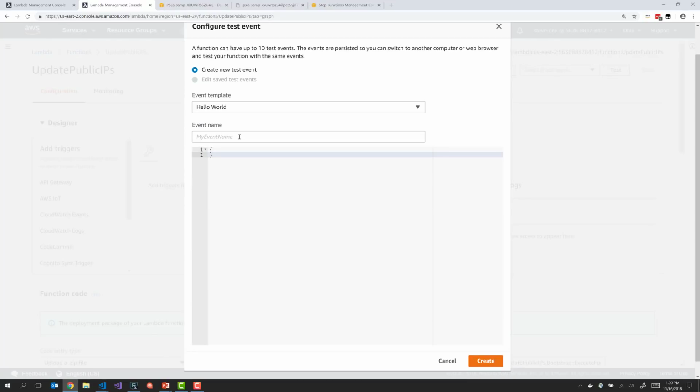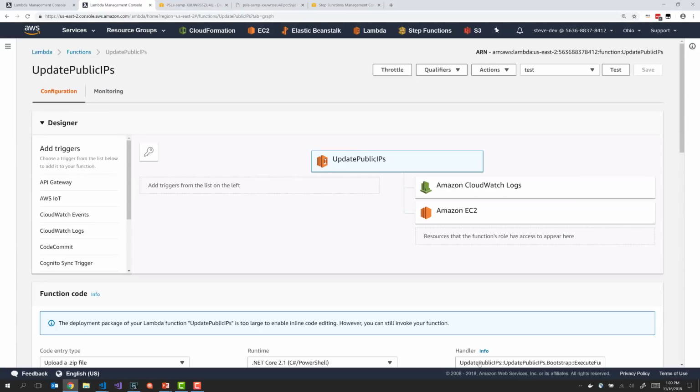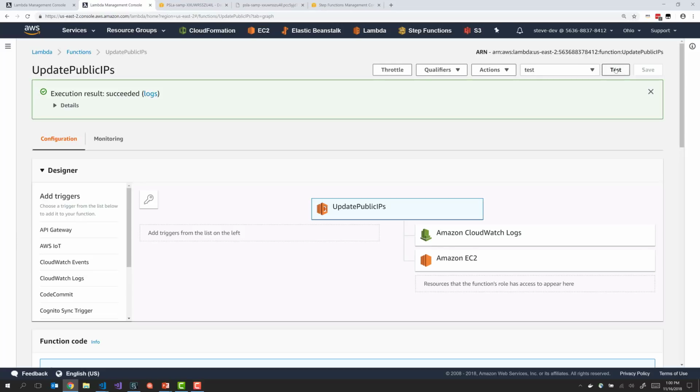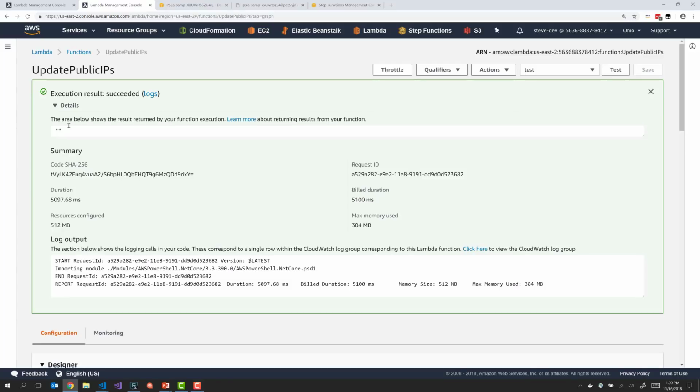And body, let's give it a name, call it test, create. So now if we run the function, again, Lambda will provision the runtime environment, download the code, and execute it. Okay, cool. It ran. There's no output from our function. The actual changes that we need to go and take a look at are recorded in the security groups for